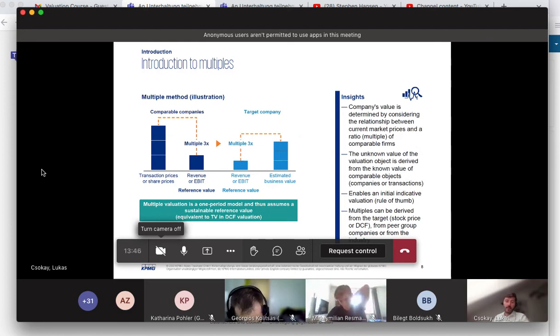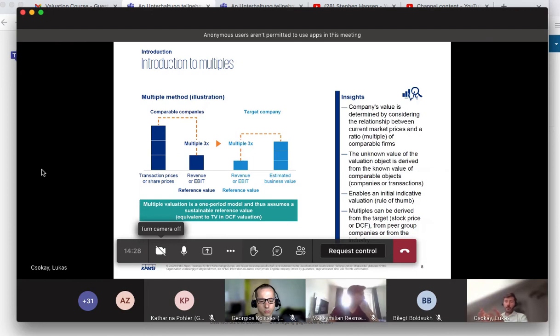Price-based is a price-based valuation technique, and for that you would use, for example, if you value a company which is not publicly traded, or even if it's publicly traded and you decide to use a peer group for valuation, then you would form a peer group in the first step, and then you could calculate multiples for your peers. For example, you have your market price, or your enterprise value,